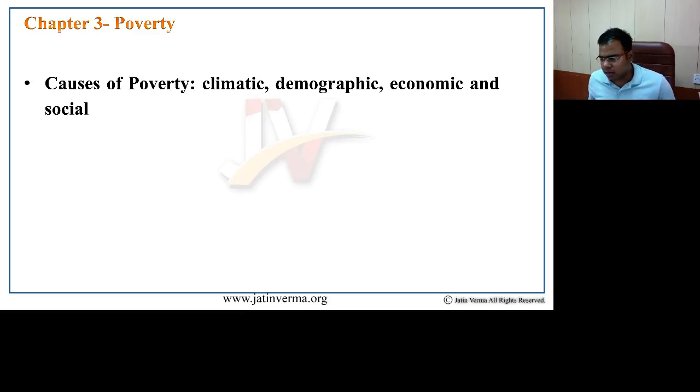Let's move to the causes of poverty that we would be talking about, especially in India. One of the first that I would like to talk about is the climatic region. Climatic region plays a very important role. Here I would like to talk about a report, you could go through The Hindu, that shows that when it comes to productivity, the central region of India, Madhya Pradesh, Chhattisgarh, would see the most dramatic decrease in productivity because of climate change, because of the heat intensity increasing.